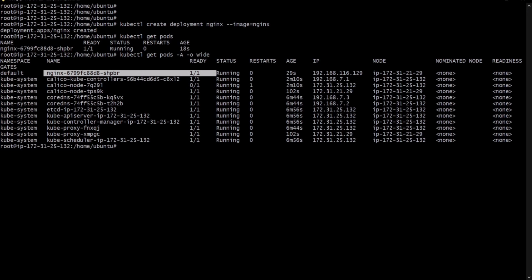This nginx pod is created on the worker node. This is the IP address of the worker node, and this is the IP address of our cluster. So guys, this is how we can create the worker and master node for Kubernetes, and how to connect the master and worker nodes in Kubernetes.